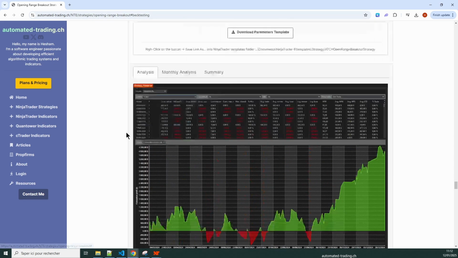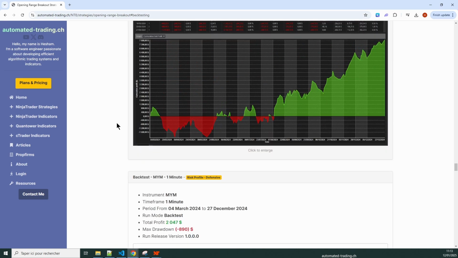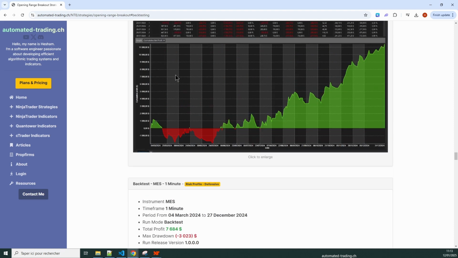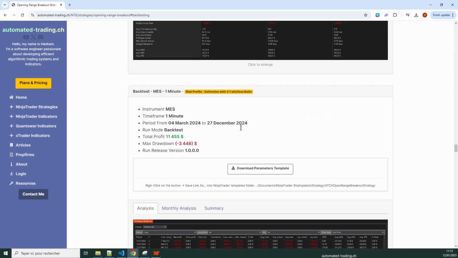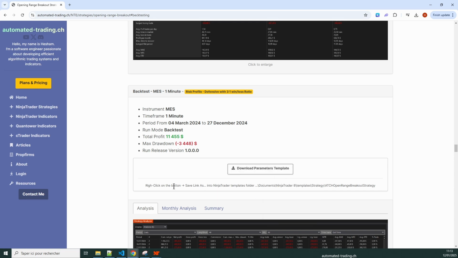And I think I will add some other templates for you. So we're going to use this one, the MES 3-to-1. So you right click on the template, you click on save link as, and as the